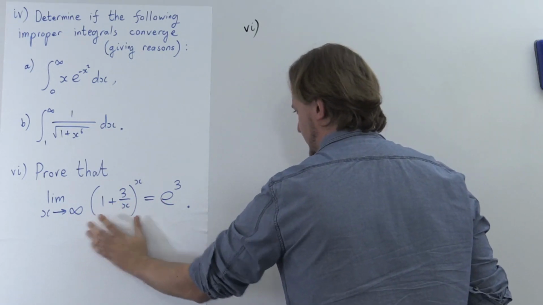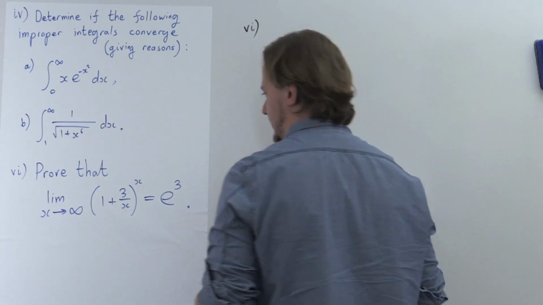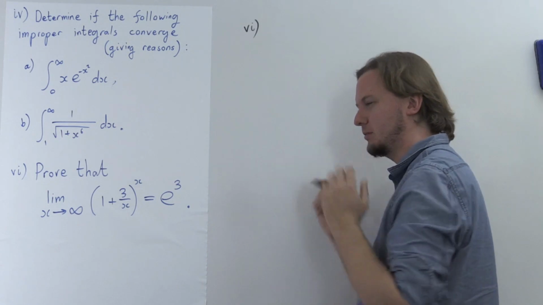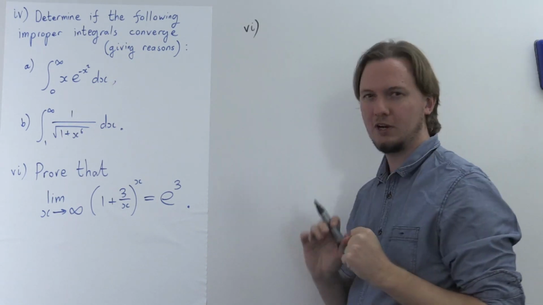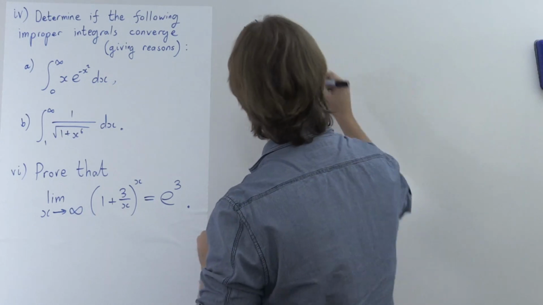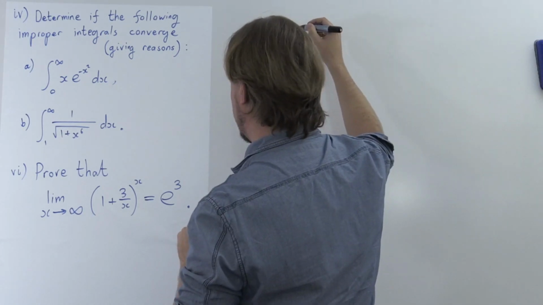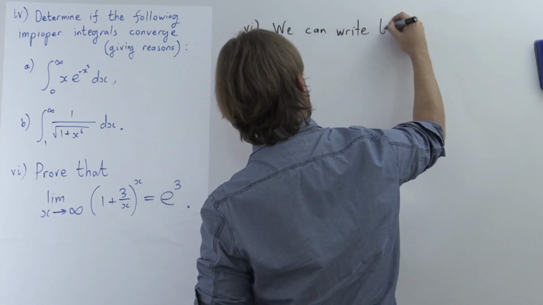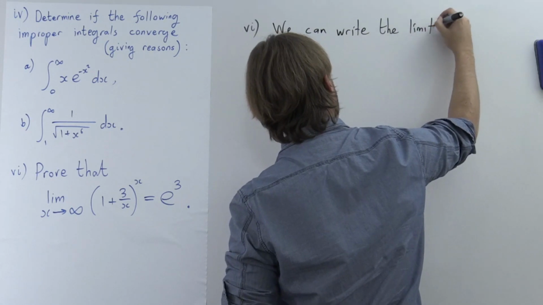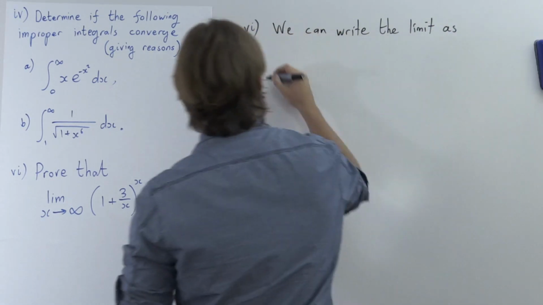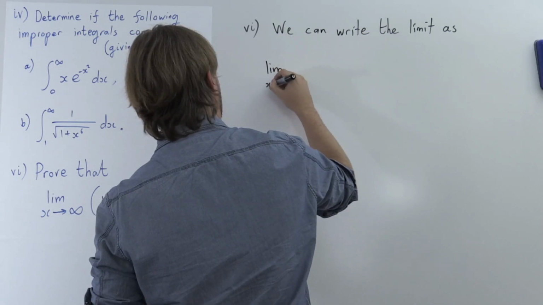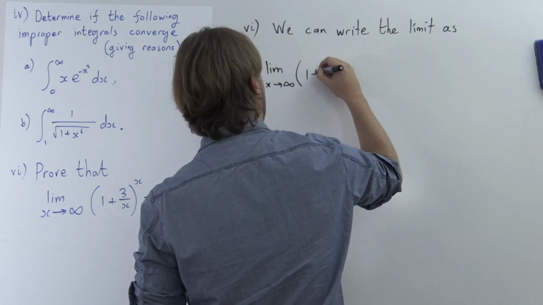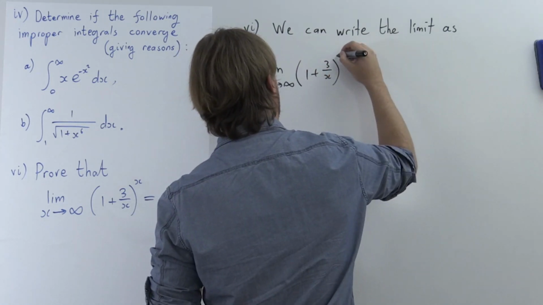So here, I want to prove that this limit is just e to the 3. And when I look at this, my first instinct is this is something to the power of x. We've been learning about logs and exponentials in this course. Let's rewrite this in terms of other things which I really do understand. So I'm looking at the limit as x goes to infinity, and I'm just going to rewrite it now. It's (1 plus 3/x) to the x,